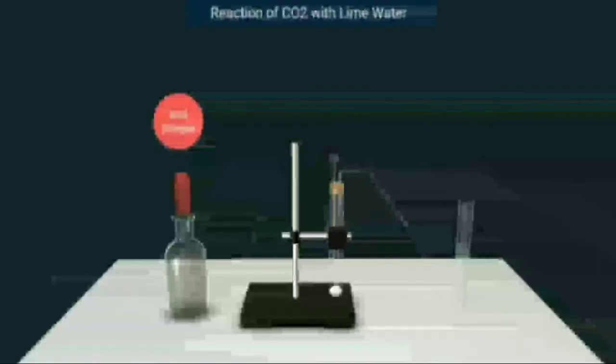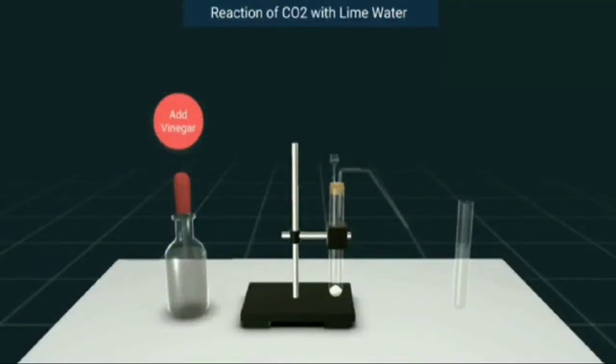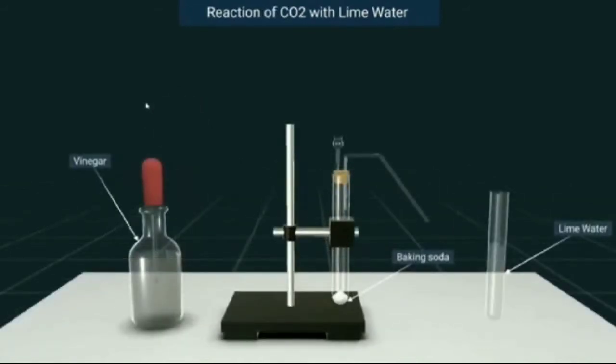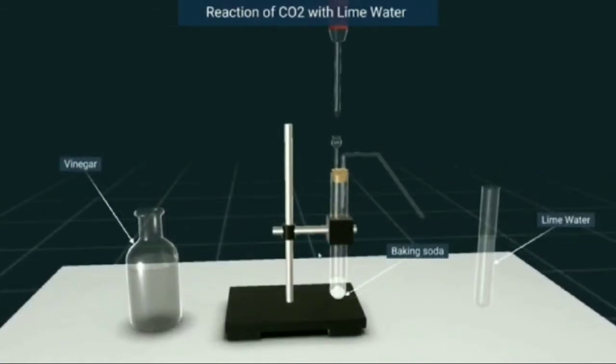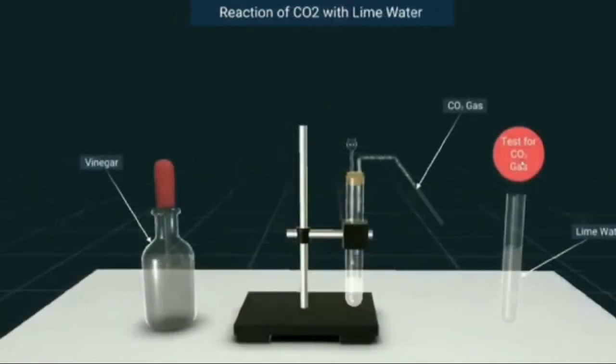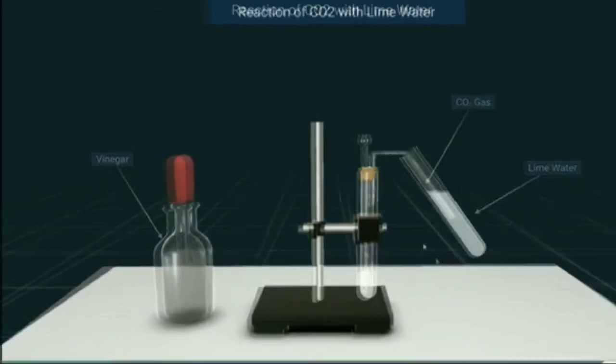Now, the formation of carbon dioxide gas. For that, we need sodium carbonate, washing soda, lemon juice, and fresh lime water. Take some sodium carbonate in a test tube. Then put some lemon juice or vinegar into the test tube and see what happens. It starts producing carbon dioxide gas. Take some fresh lime water in a test tube and pass the gas produced into it, and you will find that the lime water turns milky.